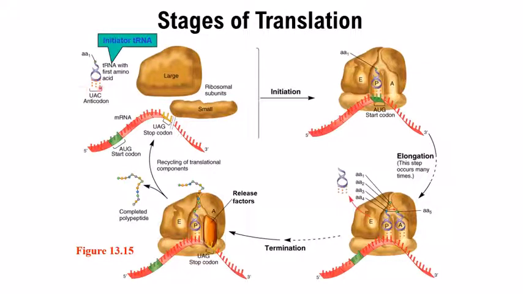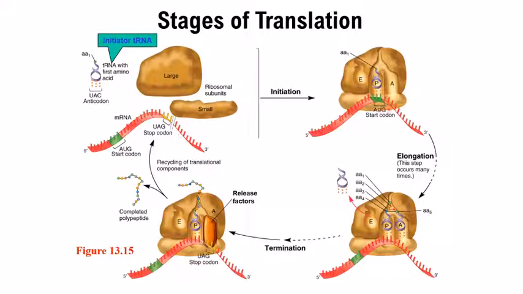This tRNA molecule will have an attached amino acid. So this is the first tRNA molecule, which has the first amino acid attached to it. In response to the start codon, the first amino acid, that is N-formylmethionine, will be brought by this particular tRNA molecule. So during the initiation step,